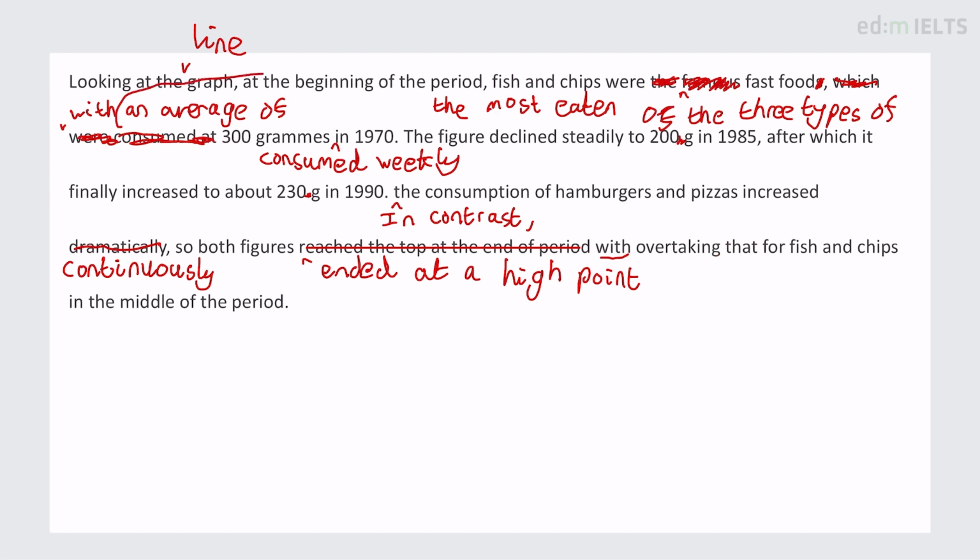It's followed by a noun like an average or a pronoun with it. So both figures, it could be something like with them. Not in this case though. So both figures ended at a high point with